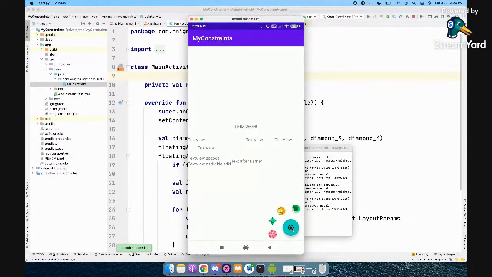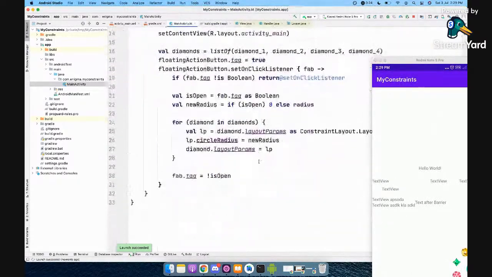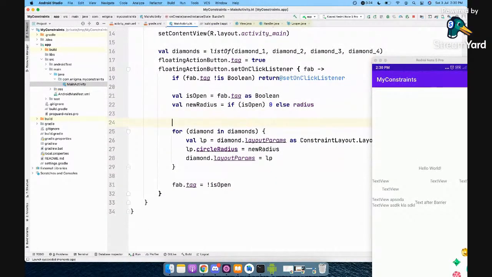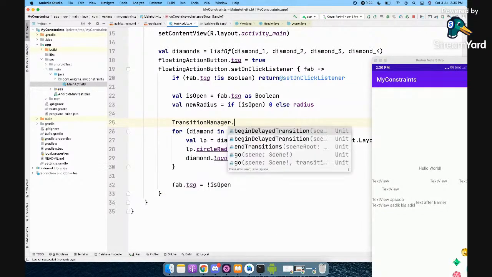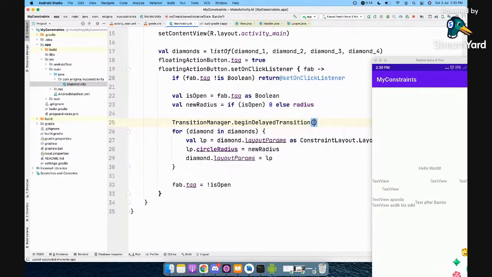Okay, so it is working, but it has a very jerky kind of action. It is just going out of nowhere. It is suddenly invisible, right? So to fix this, we can have something like transition manager dot begin delayed transition, and what it expects is a view group.